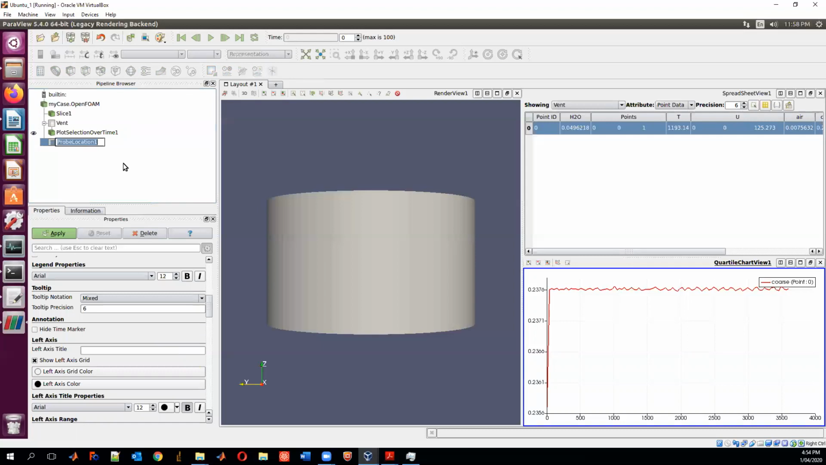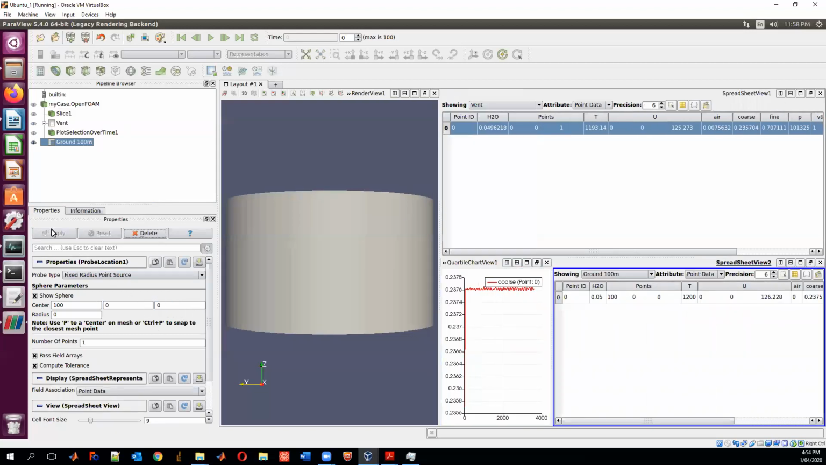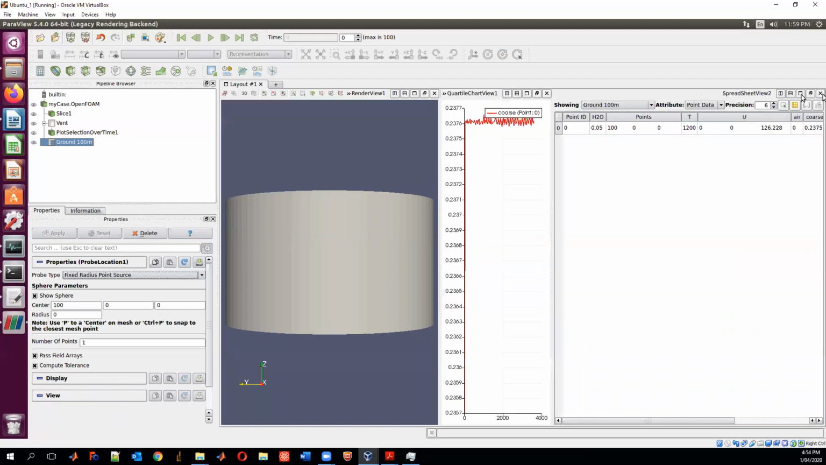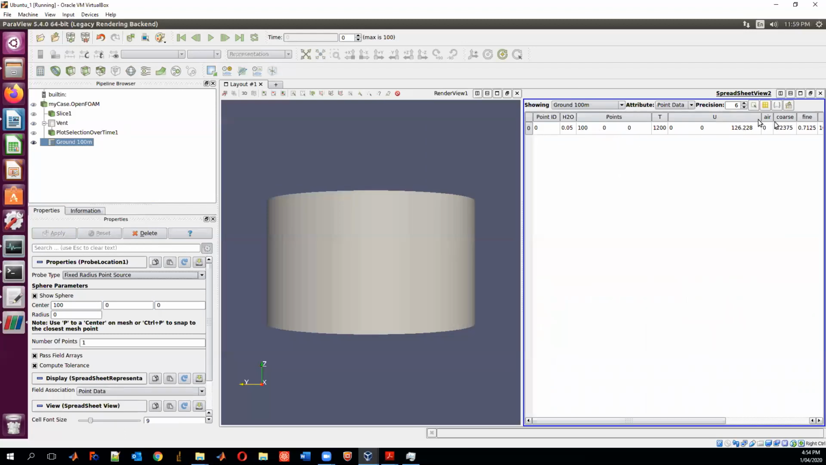I'm going to call this one ground 100 meters. And I'm going to define this probe to be placed at 100 meters along the X direction, 0 along the Y, and 0 in the Z. So it's on the ground, 0 at the Z. And apply that. Okay, and so I might close my spreadsheet view for the vent now. Maybe I'll close that chart as well for now. And again, you can see that